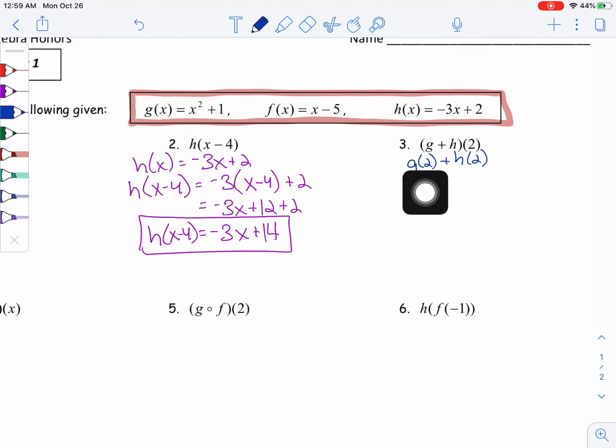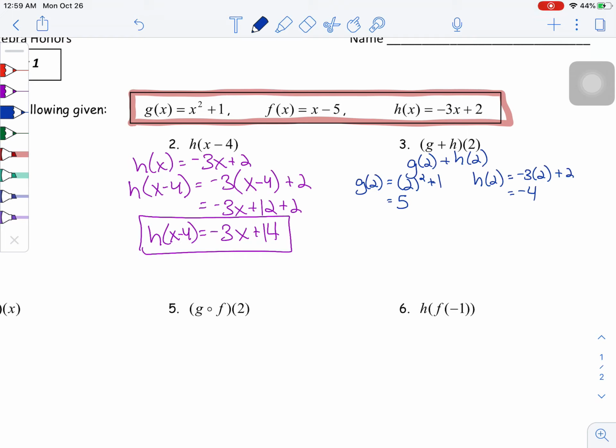Or you'd get the exact same thing if you figure out what g of 2 is, figure out what h of 2 is, and then add those up. I'm actually going to go with the second one for this one. So I'm going to figure out what g of 2 is. So let's see, we've got 2 squared plus 1, so that would be, what would that be, 5? And then separately, I'm going to figure out what h of 2 is. So negative 3 times 2 plus 2,